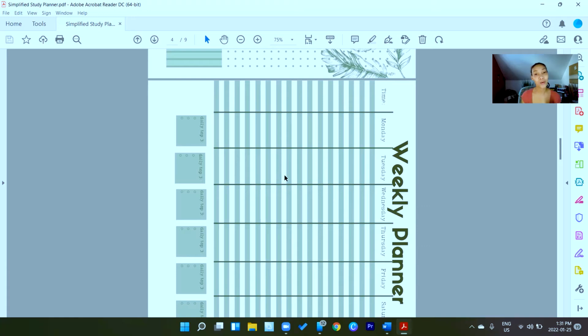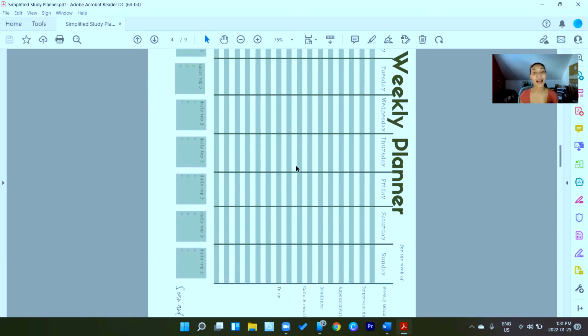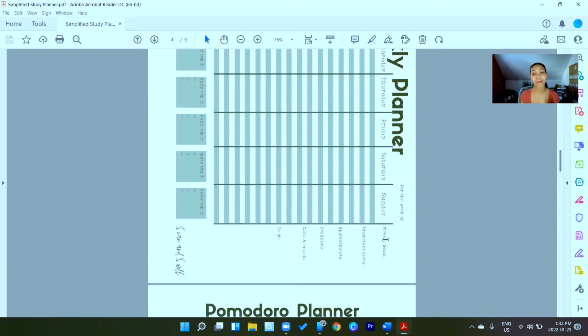And what you need to do, your daily top three goals for the day, or study topics or concepts for the day, and really be able to make goals, track important dates, appointments, deadlines, anything like that that you have to track throughout the week. This is just a nice, quick desktop tracker that you can make sure you are filling in your study time for the week and making sure that you are studying all of the concepts